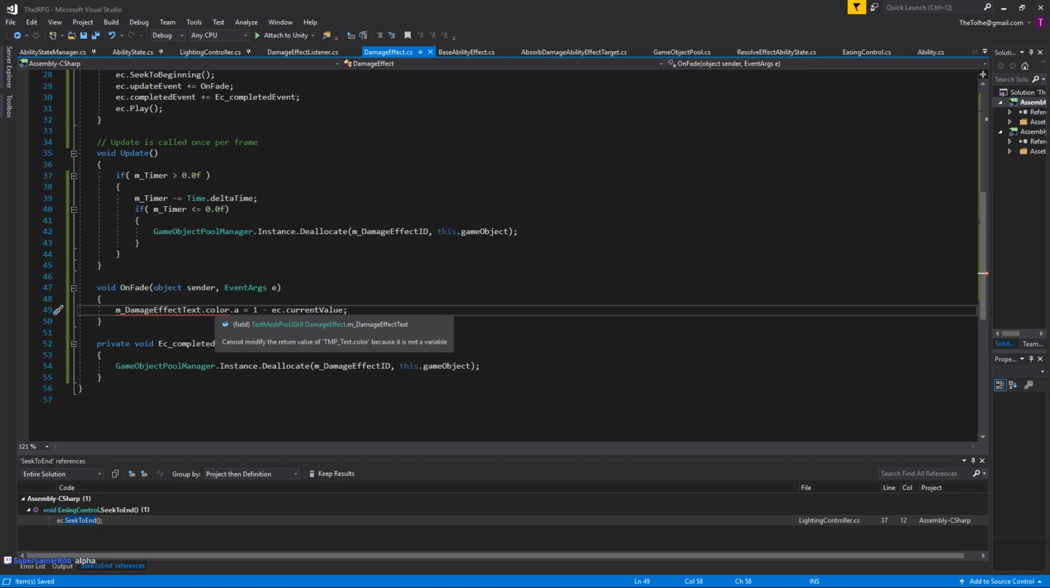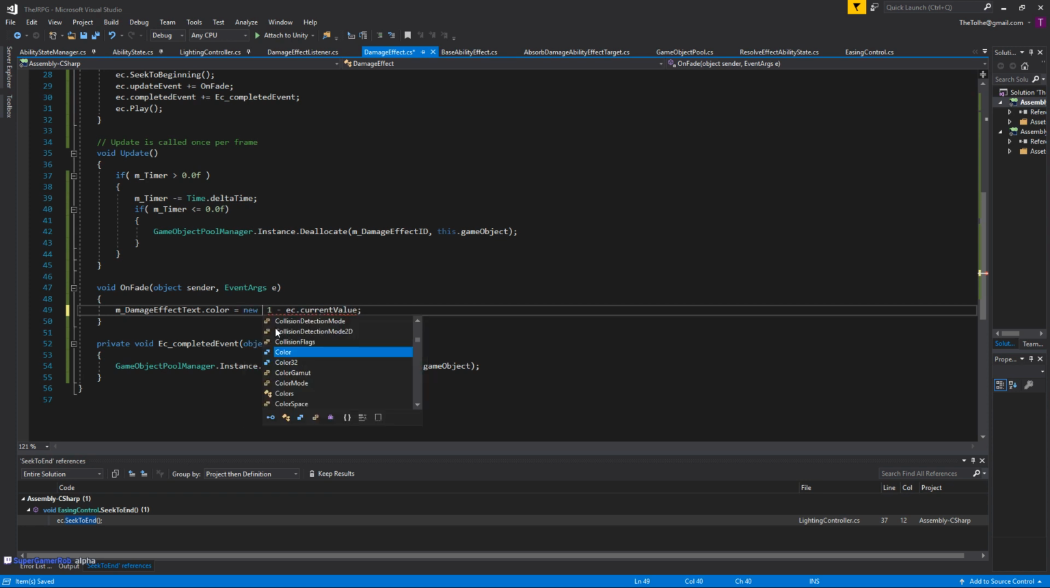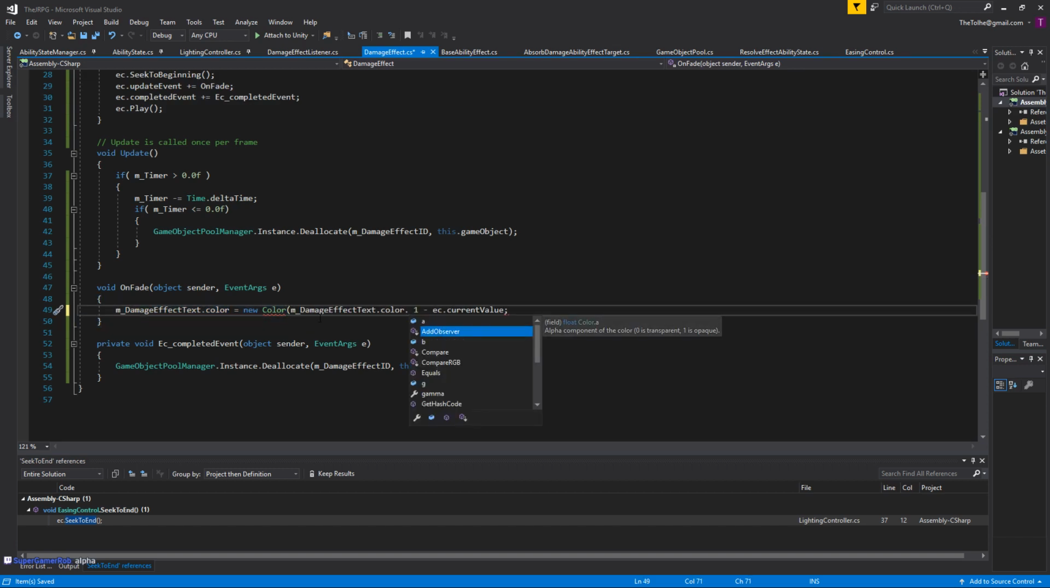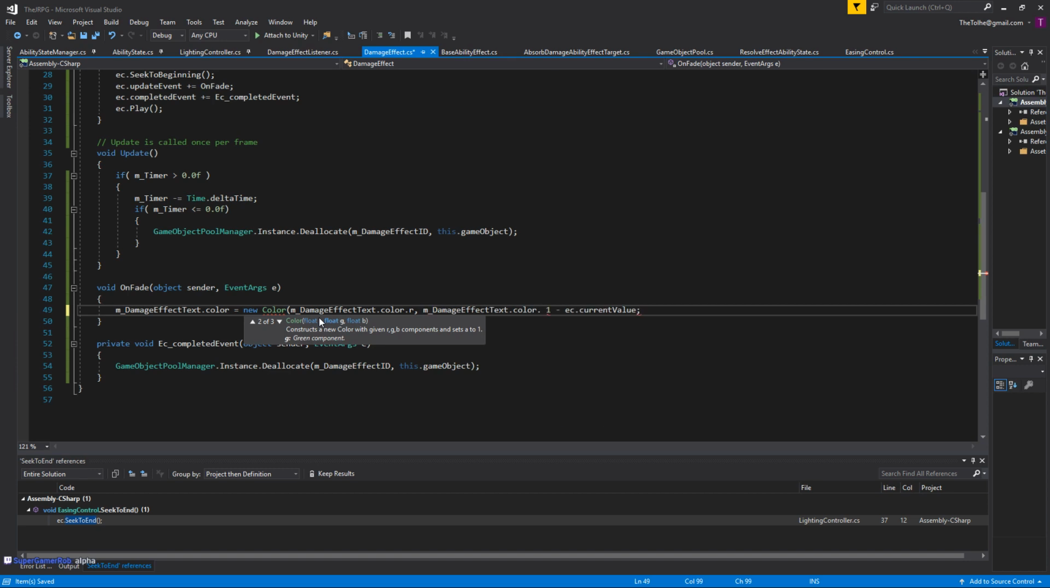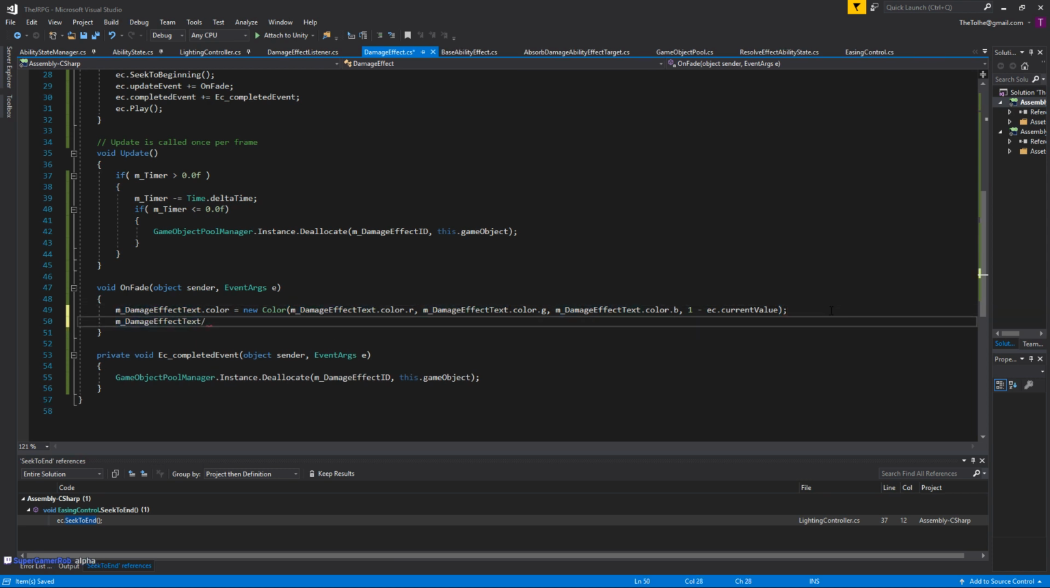You don't like me setting color that way. Unity doesn't like it when you set a bunch of things directly that way, so you have to do it the ridiculously bad way. Well, it's not ridiculously bad, it's just less than ideal. R, G, B, alpha. Okay, and then we should be able to do dot transform dot local position